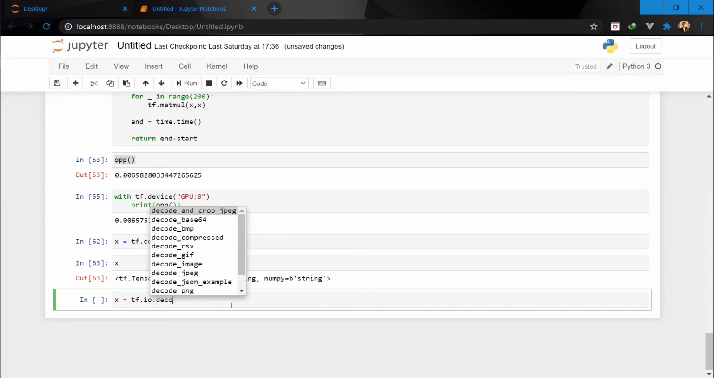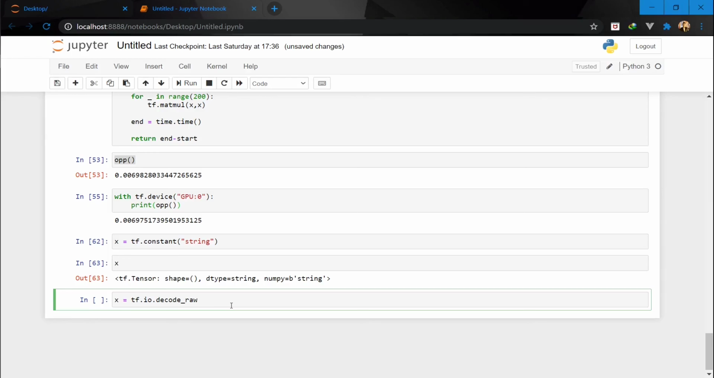So if you press tab over here, then you will find that there are a lot of things that you can decode, but for now we are going to take a look at decode raw. So what I'm going to do is I'm going to pass in my tensor inside there, so x, then afterwards I'm going to pass the type of decoding that I want. So I want tf dot